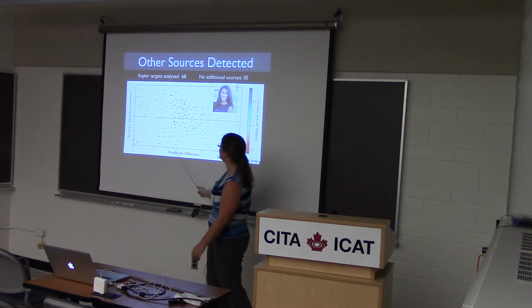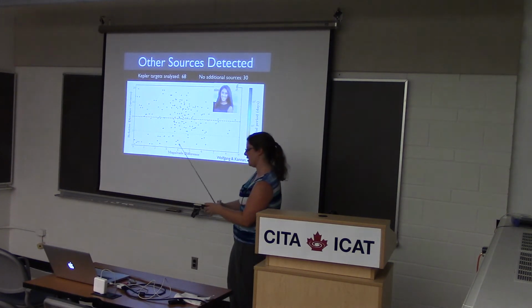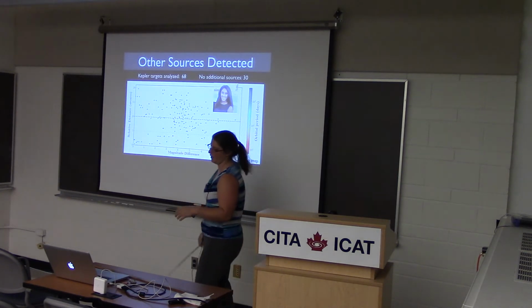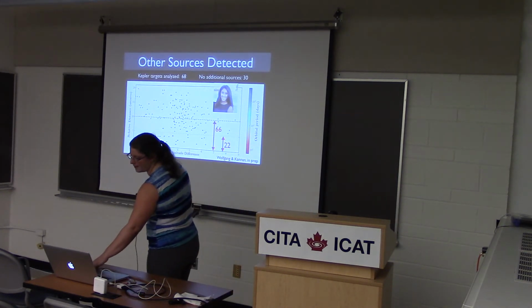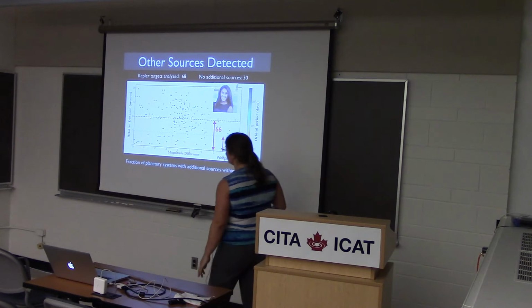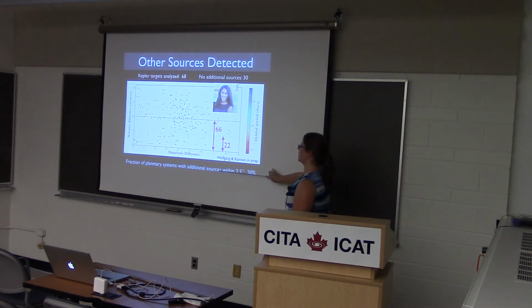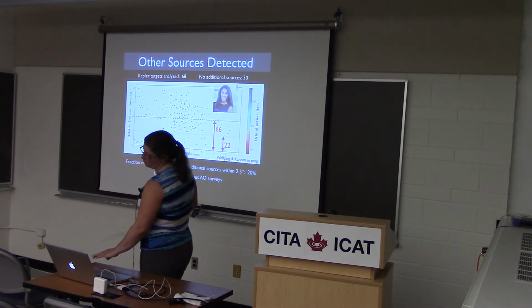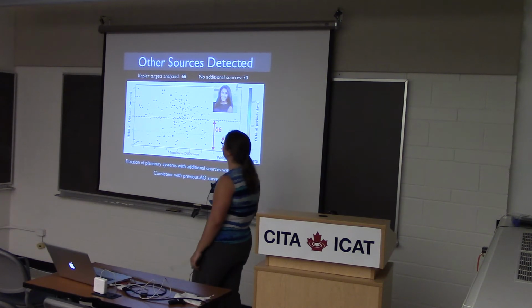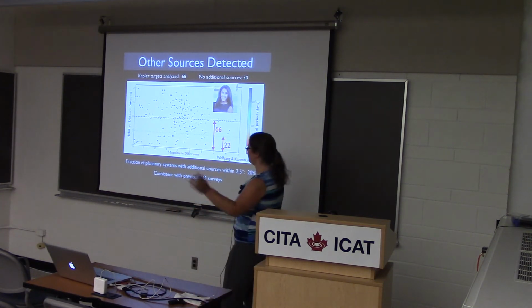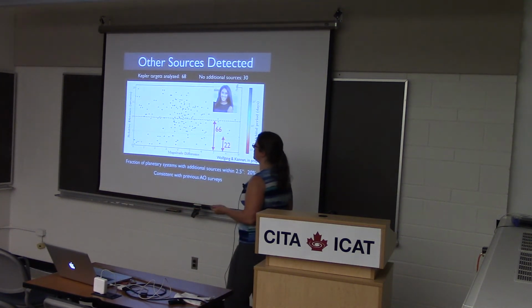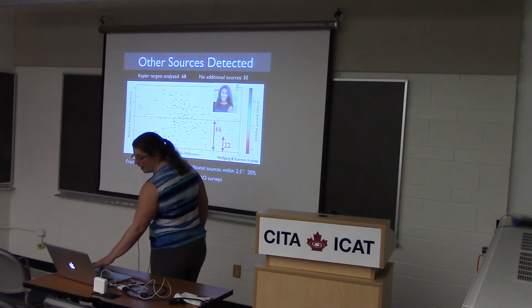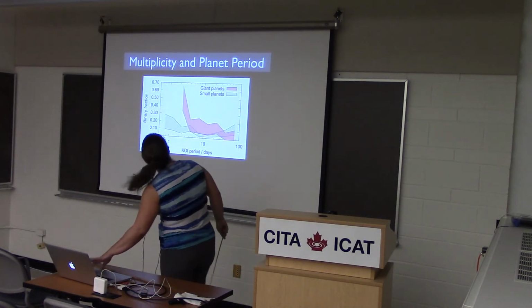So looking at the magnitude difference between the central target star and any additional source in our field, and then the distance between them. All right. So what we find is that the fraction of planetary systems with additional sources within 2.5 arc seconds is about 20%. So this is fully consistent with what previous AO surveys have found. A lot of the other surveys, other than RoboAO, have samples of about 100 KOIs. Okay, so